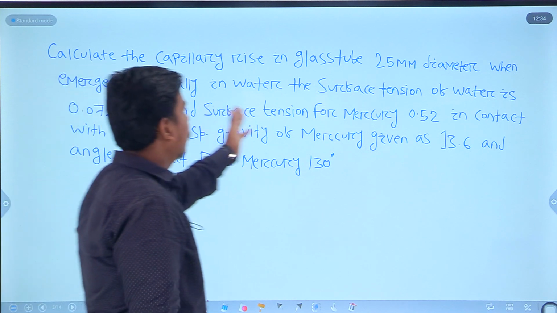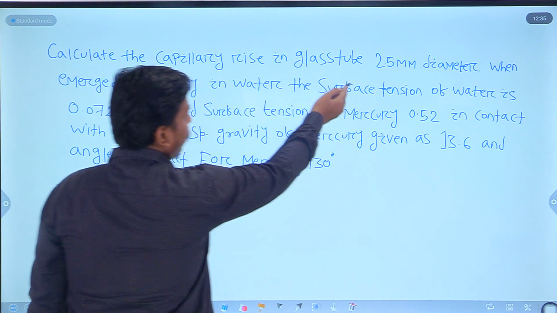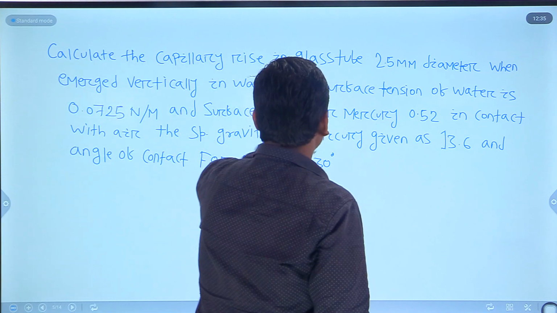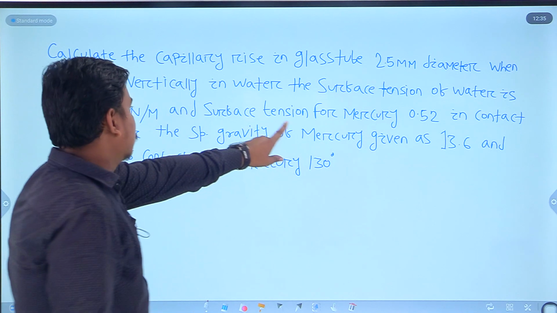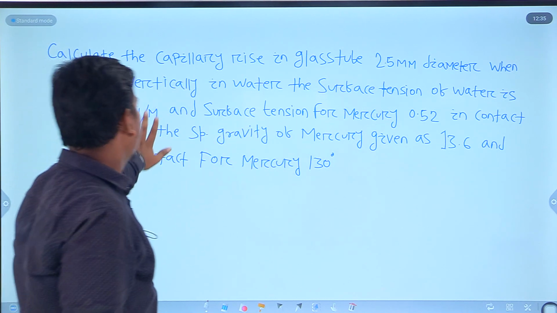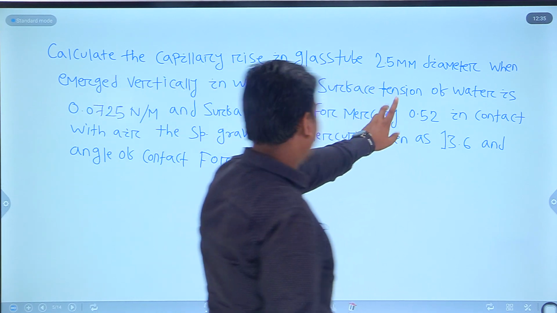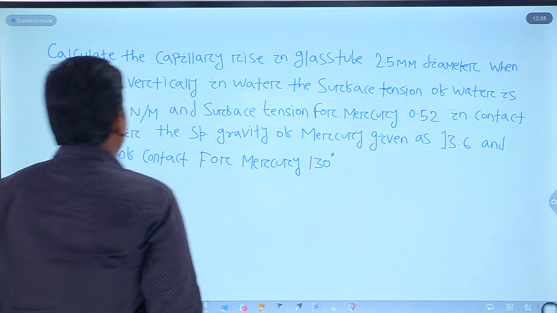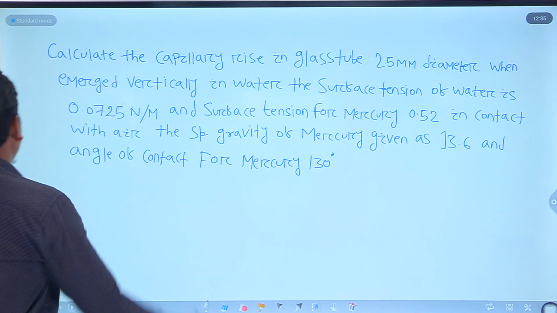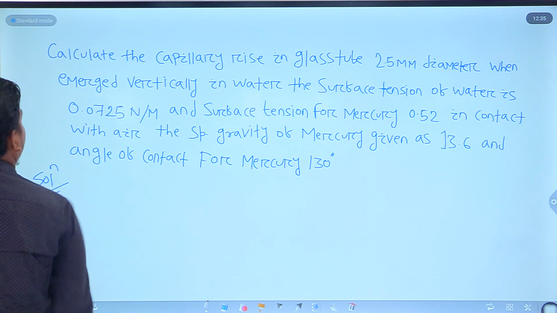Calculate the capillary rise in a glass tube of 2.5 mm diameter when immersed vertically in water. The surface tension of water is 0.0725 Newton per meter. Surface tension for mercury is given as 0.52. We have to calculate what is the capillary rise. Data given, solution. Given data is